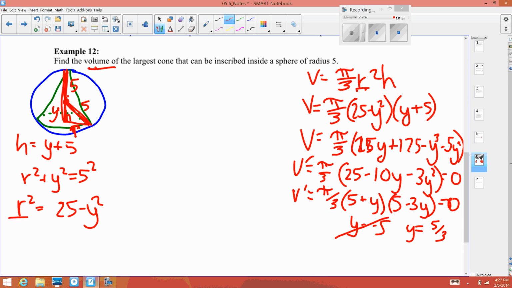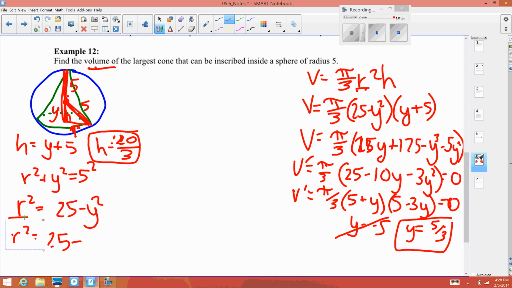All right, so I'm going to take this y value now and plug it in. So my height, my total height, is going to be 5/3 plus 5, which is the same as 15/3 plus 5, so 20/3. 20/3, there we go. That's my height. My radius,